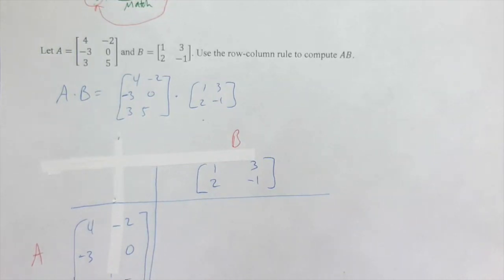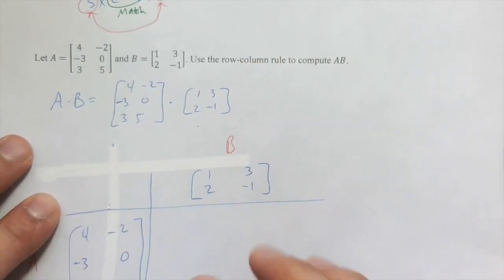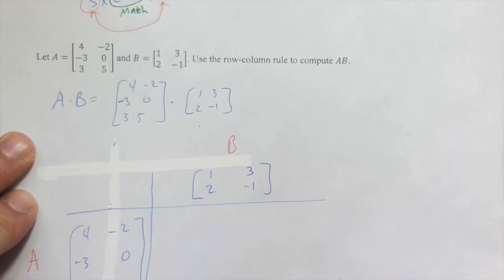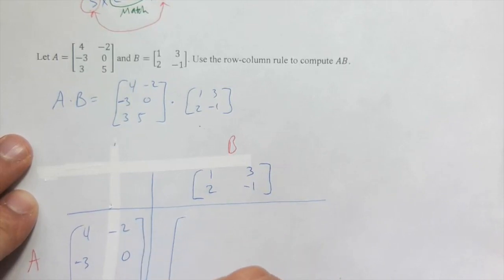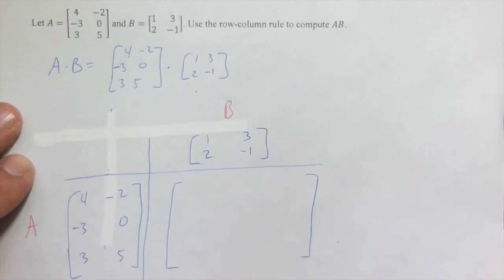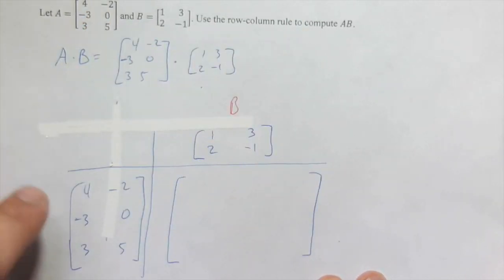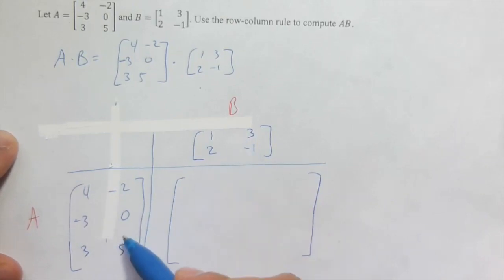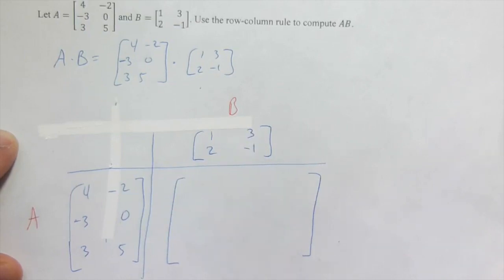Now I already know AB is going to be a 3 by 2 from what we said right here, right? And so I know what's going to go into this spot. This is going to be the product that we put in here. It's going to have 3 rows, because it's the number of rows of A, and 2 columns, because that's the number of columns of B. So I know my AB is going to be here, and it's going to be a 3 by 2. And that's why we put the matrices like this, because you can see this one has 3 rows, this one has 2 columns, and the way you do the multiplication is